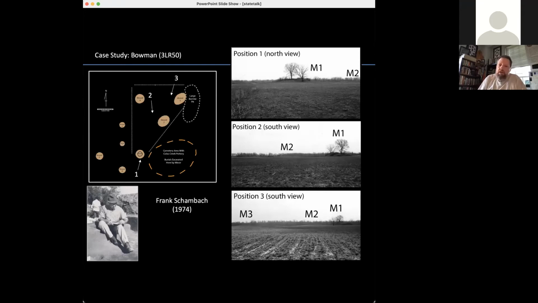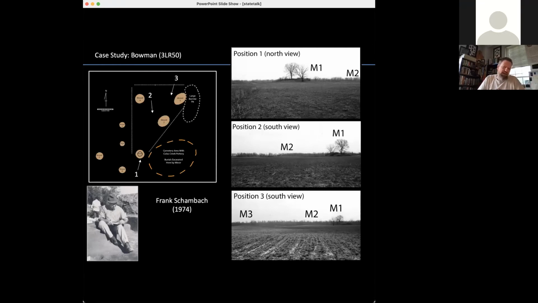But in the second one here, you can see that the fields are in fallow. Both of them, you can see the fields are in fallow, but you can see corn stubble and so forth. And you don't see any cattle in any of the photographs. You don't see any fences in any of the photographs. So the assumption is that